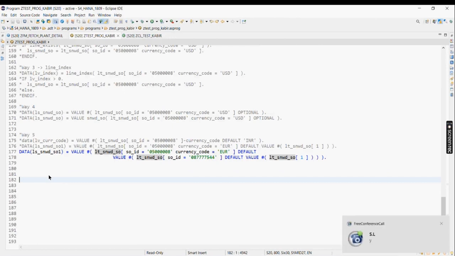Has anyone worked with business partner, CL_MD_BP maintain, validate single? Whoever has worked with that, can anyone tell me how